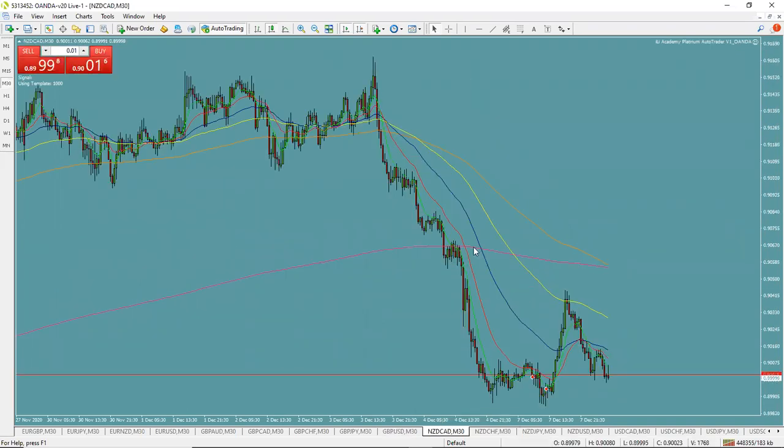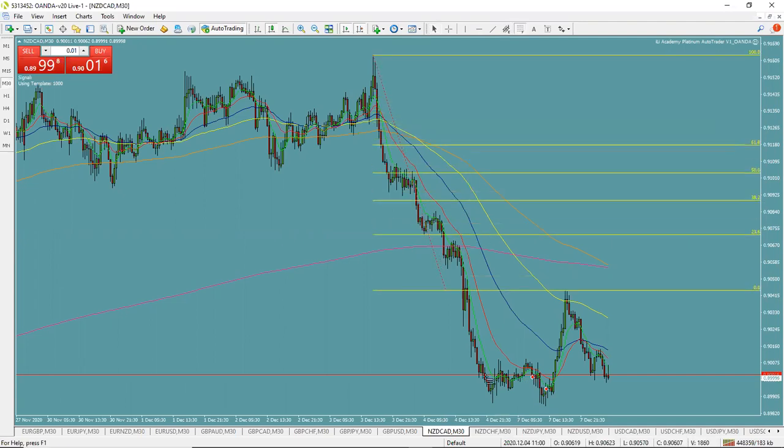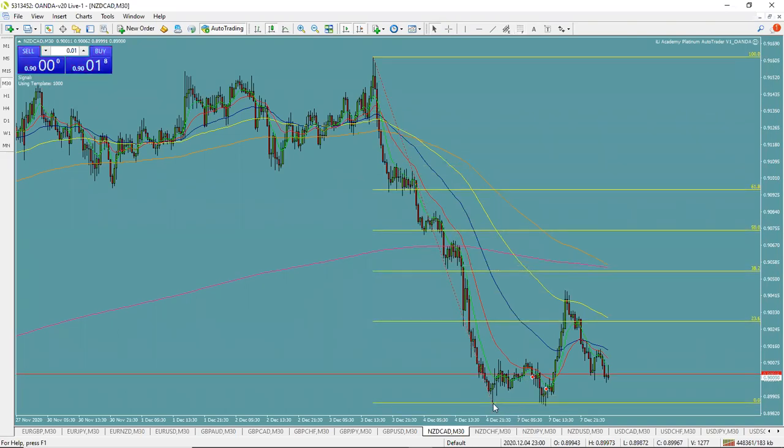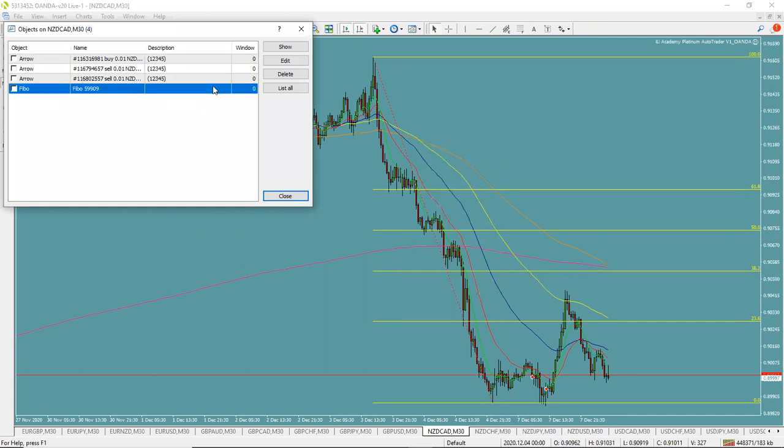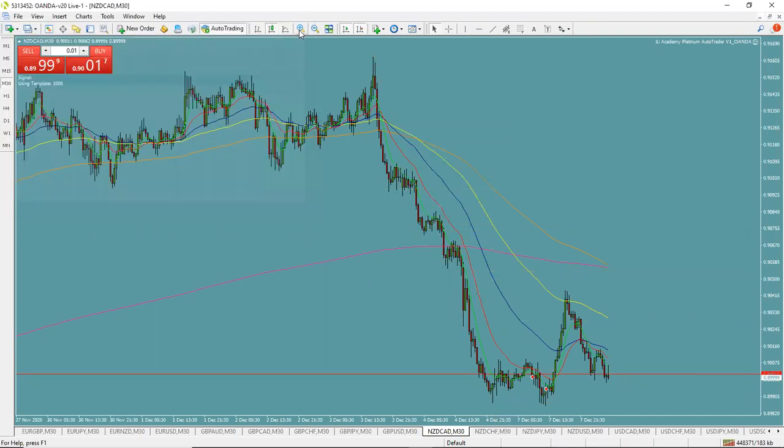New Zealand CAD, we dropped down quite a bit here. We've got this big move down past our 720. If we put the Fibonacci on it, we didn't get quite that big a move off it. I'd be surprised if we even got to the 50%. I don't think we did. We didn't even get to the 38.2. We passed our 23.6 here, but we would have had to break even pretty quickly and make sure that we got a couple of pips out of it before it destroyed our trade. So there's no rule about how fast you can break even,